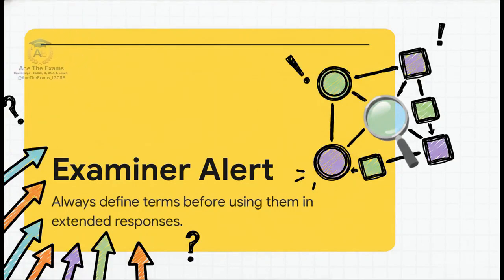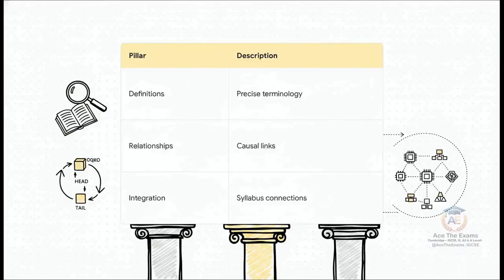Think back to our student Sam rushing through the paper. Sam might write something vague like, the data goes to the next piece of data. Absolutely not. You will get 0 marks for that. It is absolutely vital to define your terms clearly before deploying them in your extended responses. You need to use precise words. Don't assume the examiner knows that you know what a pointer, a node, or null terminator is. State it clearly. Laying that initial solid groundwork proves your fundamental understanding before you start building those complex analytical arguments. The theoretical architecture of a top-tier answer